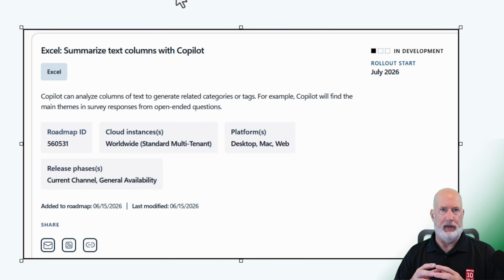This is on Microsoft's roadmap. I happen to catch it. If you're interested in the roadmap ID number, it is 560531. I'll put down below in the description what this covers, but basically, in Excel with Copilot now, we can